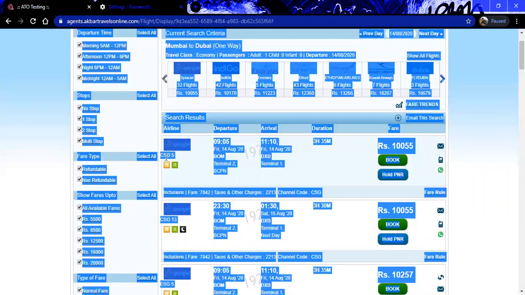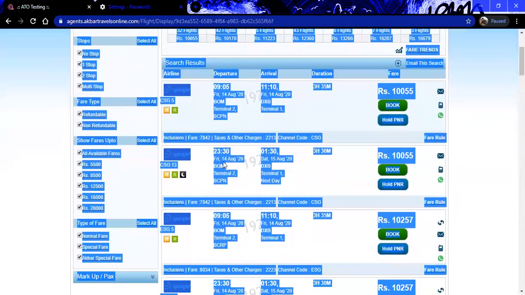The flight is there. Now you can see the three-letter code in the flight number. This is indicating CSG. What I said is that C indicates the coupon. For any LCC like Indigo, Go Airways, or SpiceJet, a C or an E or an S is there in front of them, according to the fares. Like C denotes the coupon fare. This is a coupon fare for SpiceJet.